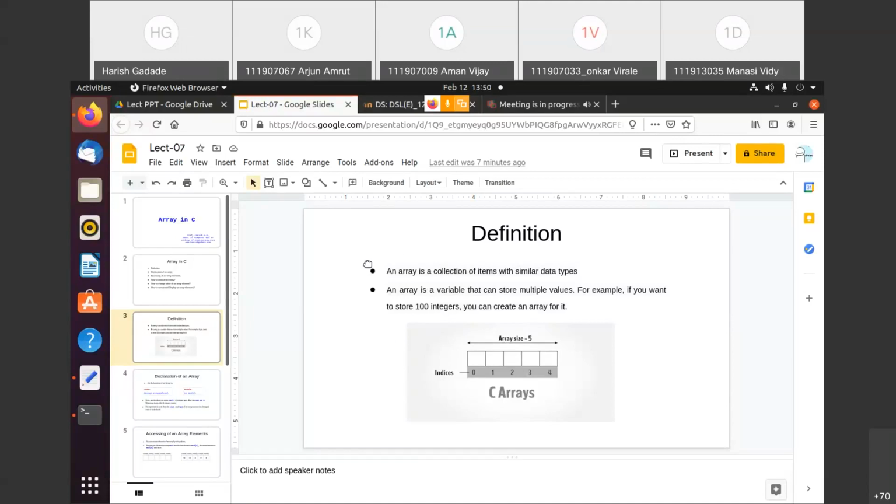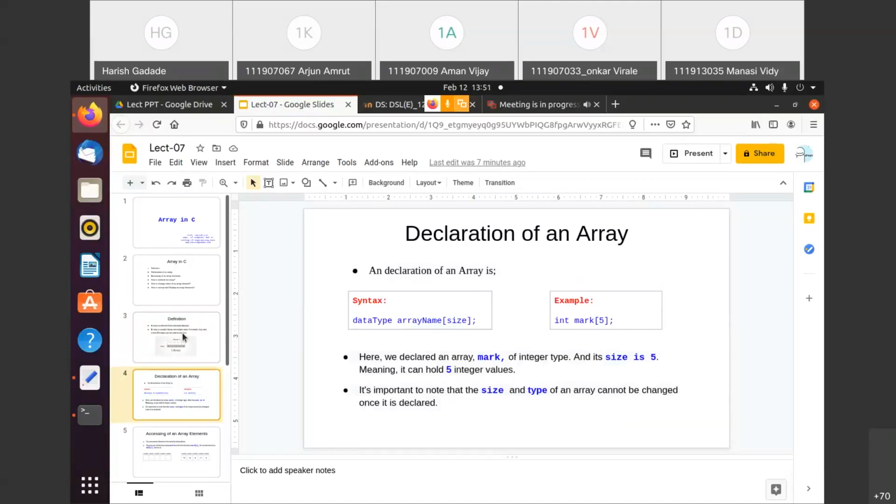Now we'll see how to declare an array in C programming. This is the declaration of an array, the syntax. First we write the data type and the array name, which is actually a variable, and in square brackets we specify the size of that array.